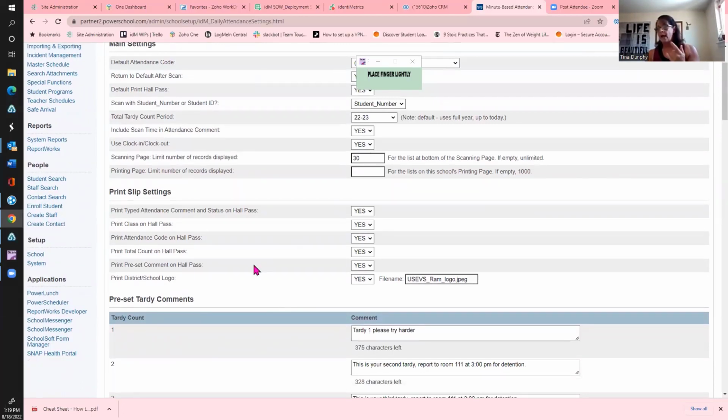What we can have, these options. I typically turn all of these on, right? We want the attendance comment on the hall pass. We want to have the class that the student needs to be going to when they scan into the building. We want their attendance code and the total count, and we usually like to print the comment associated with